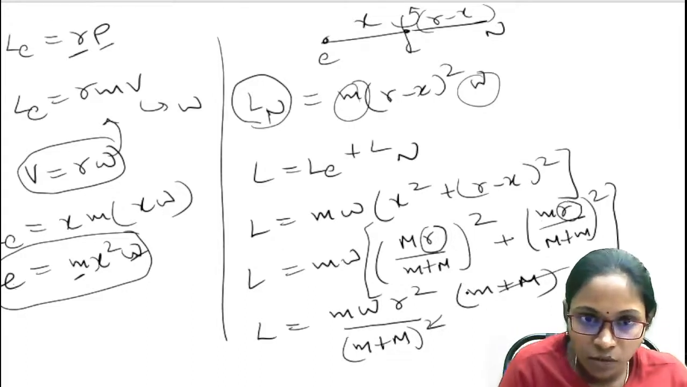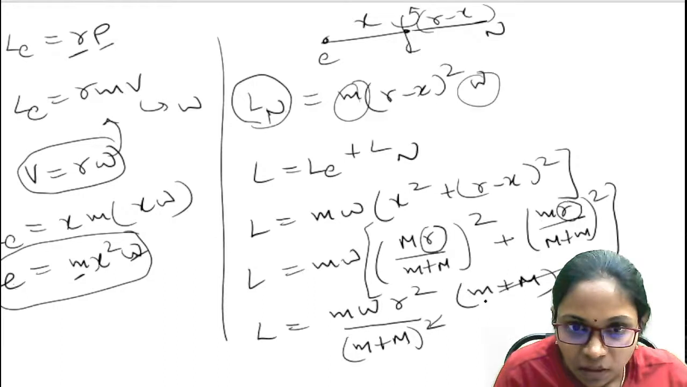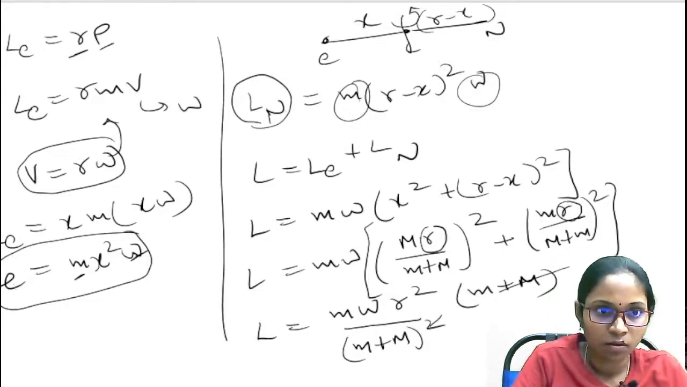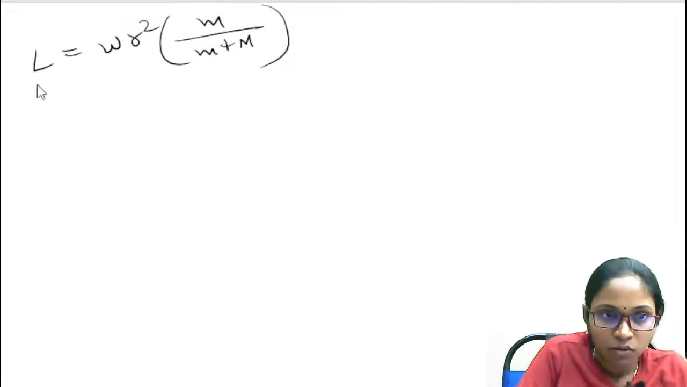Did you solve this equation? This will be m capital M r square plus small m square r square. Did you solve this equation? So here we are left with